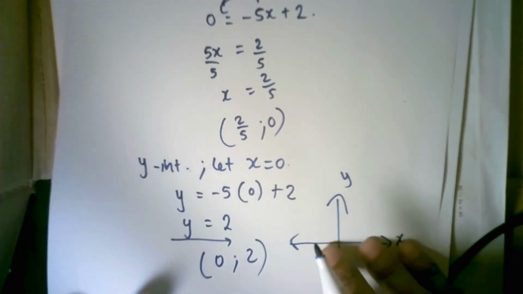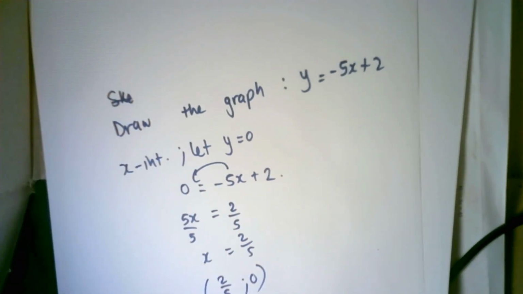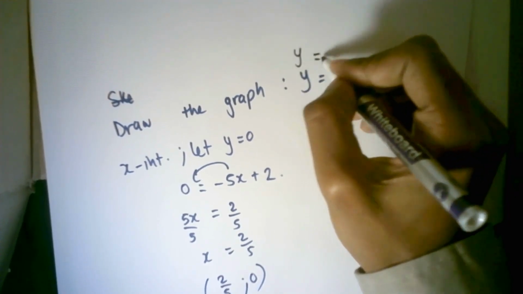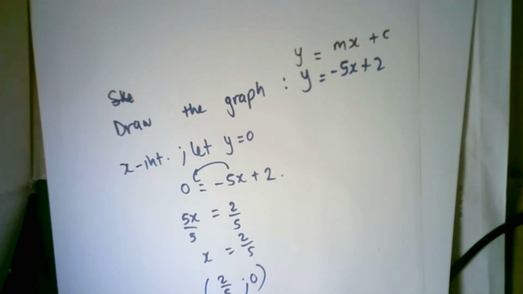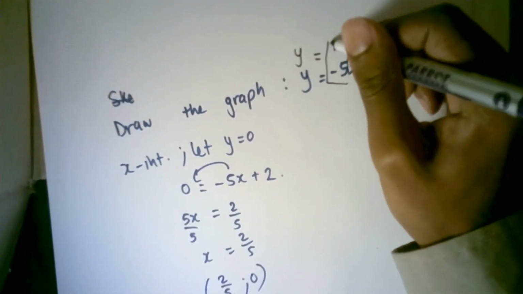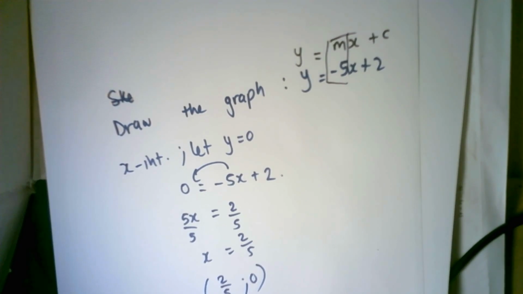Because of the value of m, I can see that this graph is in its standard form, y is equal to mx plus c. So there's no need to even calculate the gradient, because m is equal to negative 5, so it's a decreasing graph. Okay, moving on from there, the last thing I need to explain to you is what happens when we